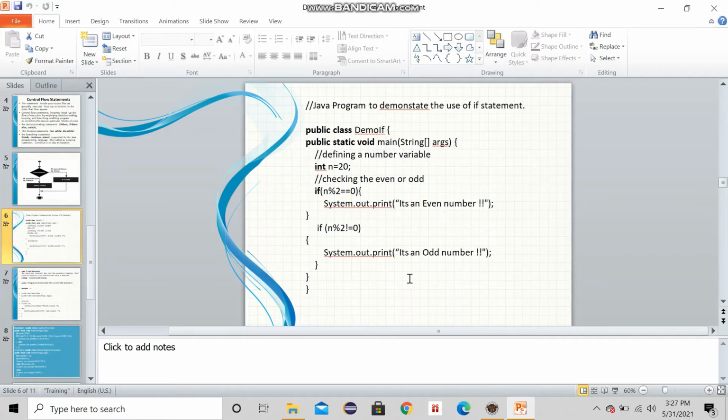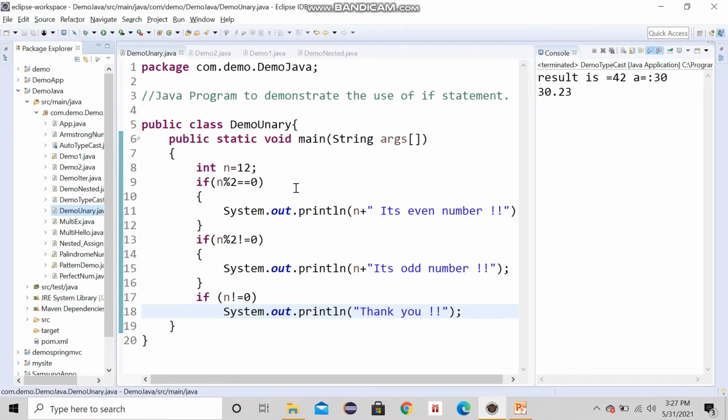So this is the program which is checking even and odd for a given number. Let's check this program here. I have not changed the class name; I'm just taking the previous program and updating its main method with the even or odd number check. I have taken one number n as 12, and I'm checking a condition.